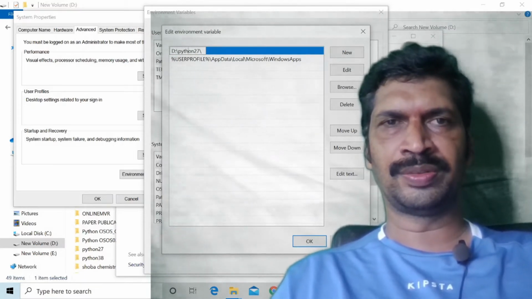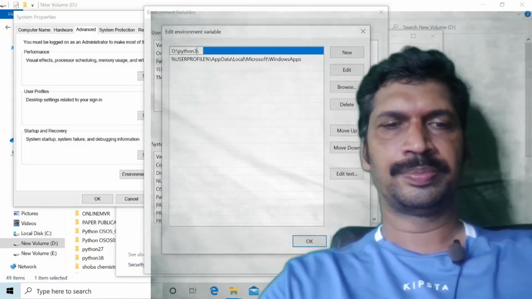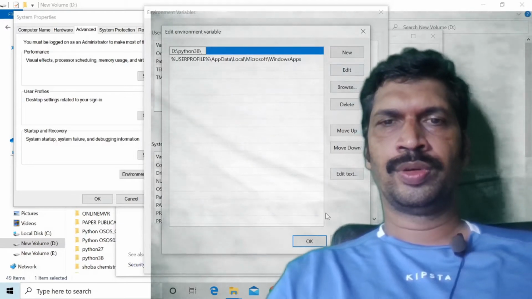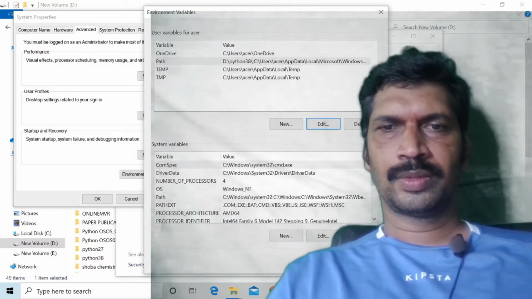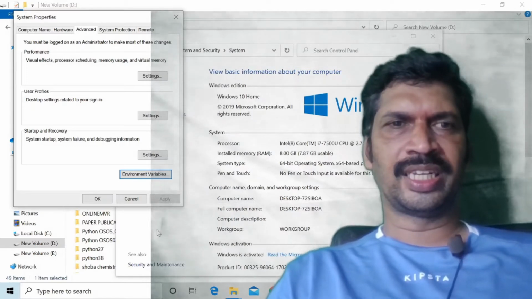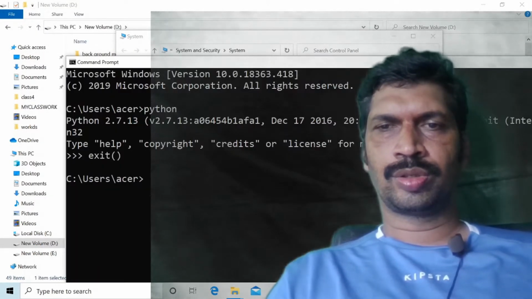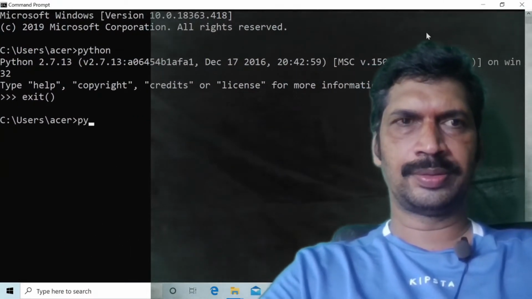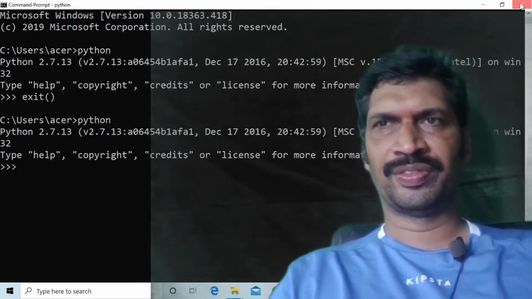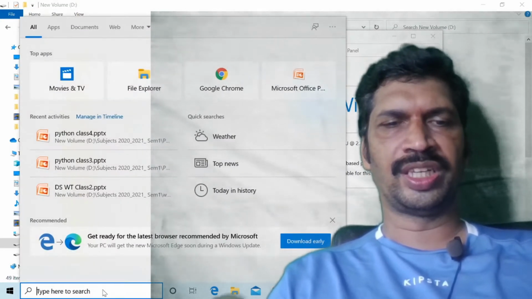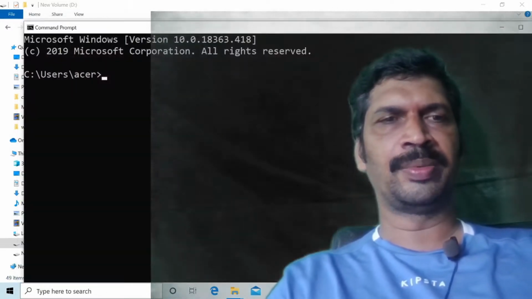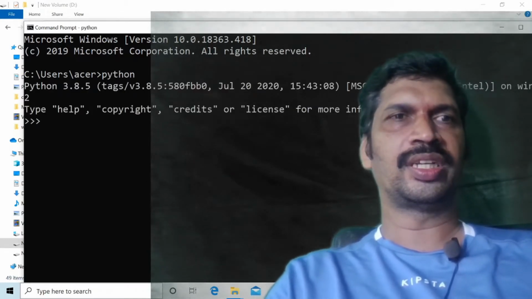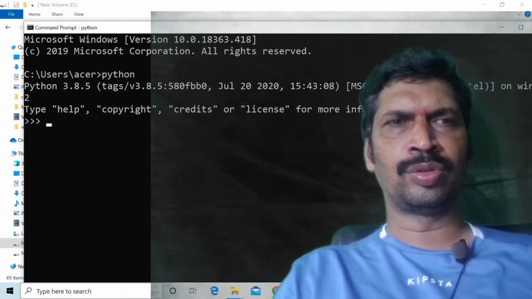I am replacing 27 with 38, the name of the folder where Python 3 is installed. After completion, close the command prompt and open it again. At present we are in Python 2.7, and to move to Python 3 we just change the path variable in environment variables. In this simple fashion we can change from Python 2 to Python 3.